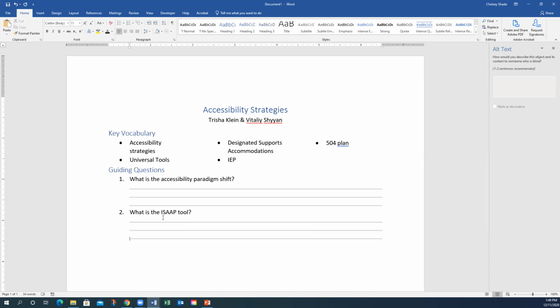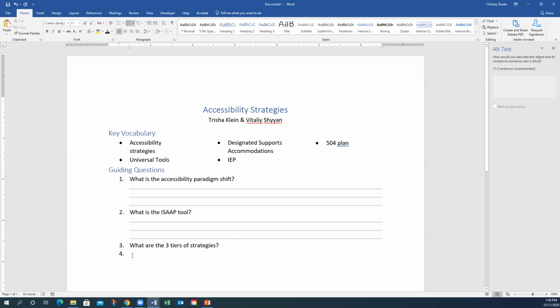But if your students do not need the lines to respond to, so if they're going to answer everything electronically, then you don't necessarily need the lines to scaffold writing. So I will show you how to do that with question number 3, which is, what are the 3 tiers of strategies? Those are accessibility strategies, but I'm not going to type it just for this training. And so if I just want to provide space for students to respond to,